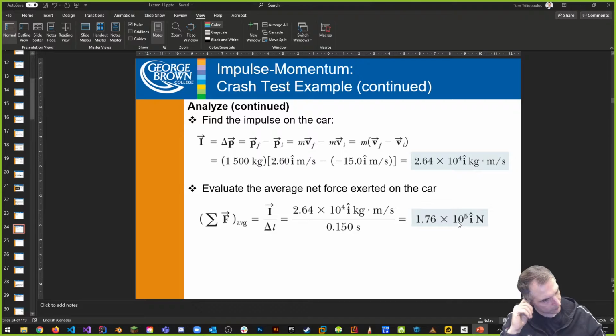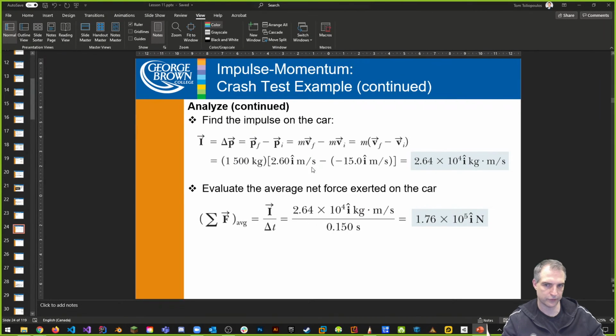Vincent says, impulse is essentially the change of momentum at a moment of collision. Absolutely, because that's what's happening here. Whatever is left over when we take the final momentum and the initial momentum and calculate the impulse, the impulse is really the change in momentum. Just look at these two things: impulse is the change of momentum.